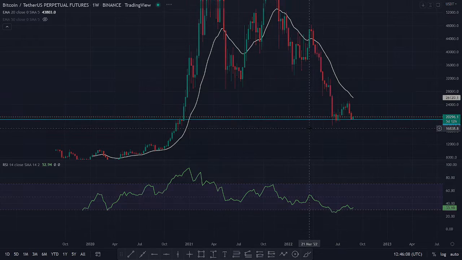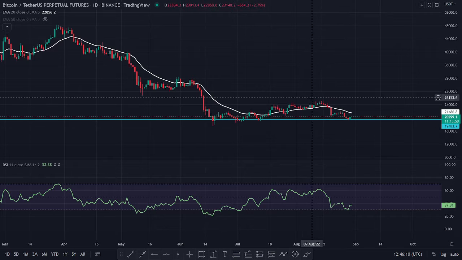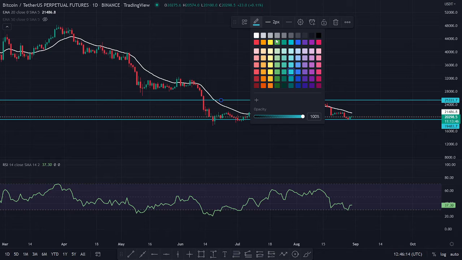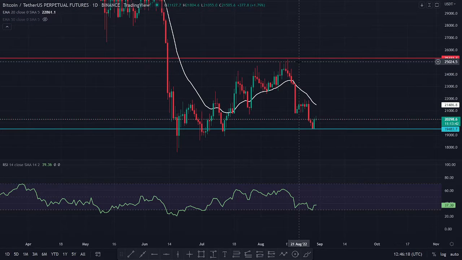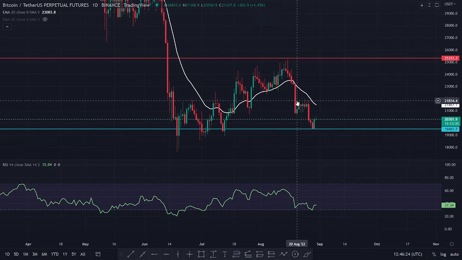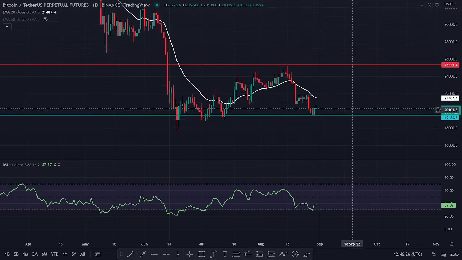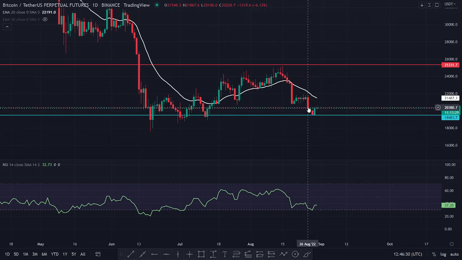And going on to this daily chart right here, you can see that Bitcoin has been taking nice resistance right here. This has been the resistance line. I'm going to change it to the red color. This resistance here, ever since Bitcoin reached its peak, which was 25,172 on 14th August, it had another major bearish trend. All right. So what happens is that Bitcoin is currently at a support level trying to increase itself.